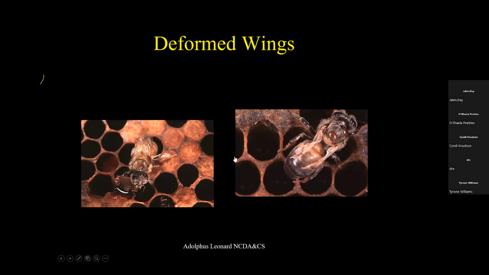high fertility mites and low fertility mites, and they'll destroy the developing pupa from the cell that has high fertility mites and leave the low fertility mites alone, and thereby cultivate a low reproduction mite, which allows them to tolerate the infestation. Pretty cool. I don't think anybody knows exactly how that works, but